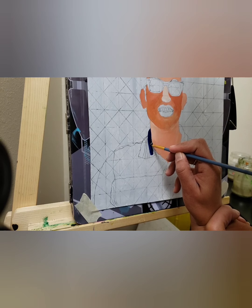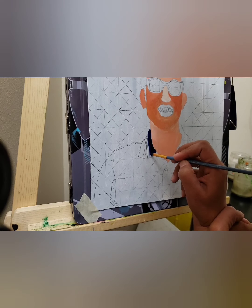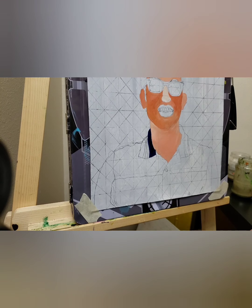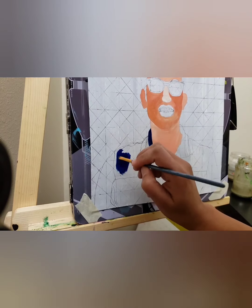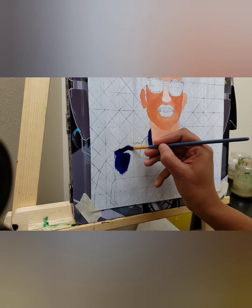It didn't go away, so I had to work on it. But you can skip that, and you must skip that. I would not say that these grids should be very dark, as you can see in my portrait for the paper. It will go away when the paint is dark. Like now I'm working on the